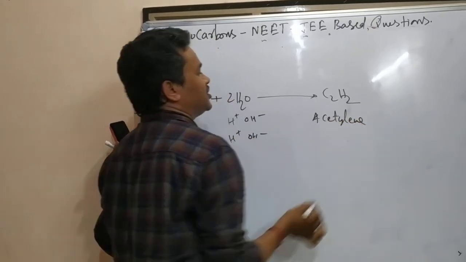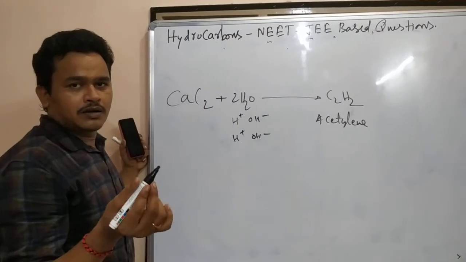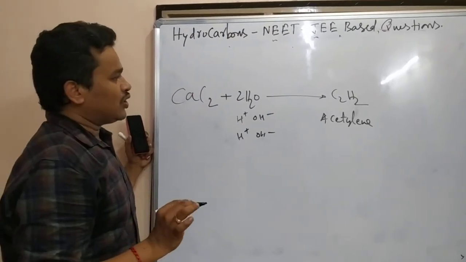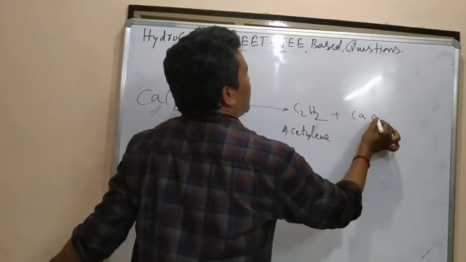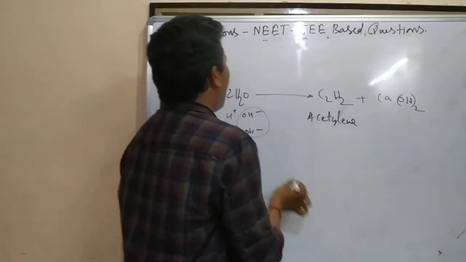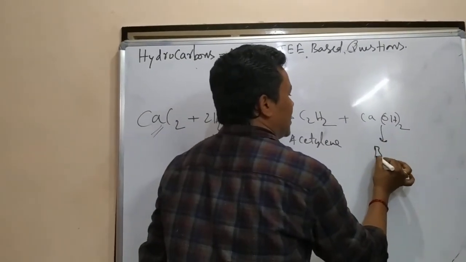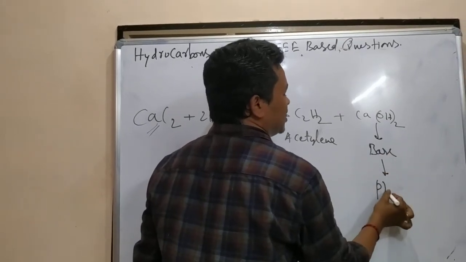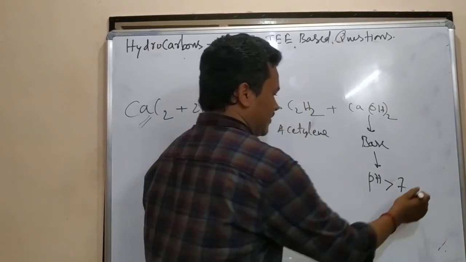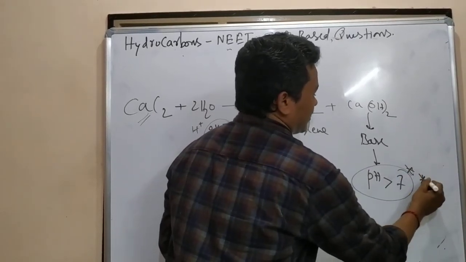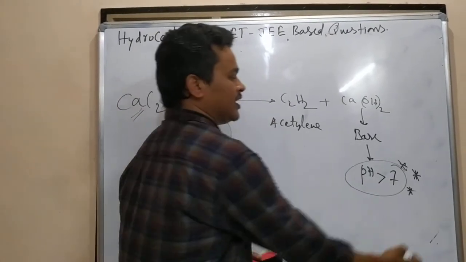This is acetylene, everybody knows the preparation of acetylene. It is one of the preparations in hydrocarbons, alkyne chapter, the last preparation you can study. So here what is forming? This Ca and these two OHs are coming. Ca(OH)2. After hydrolysis, what is forming here? Base forming. Ca(OH)2 is a base. Base means what about the pH? pH value greater than 7 or less than 7? pH value is greater than 7. This is one of the questions which came previously. Basic means pH value greater than 7.